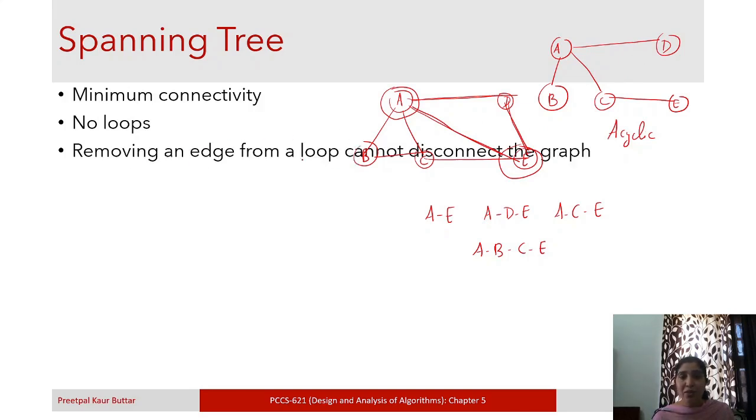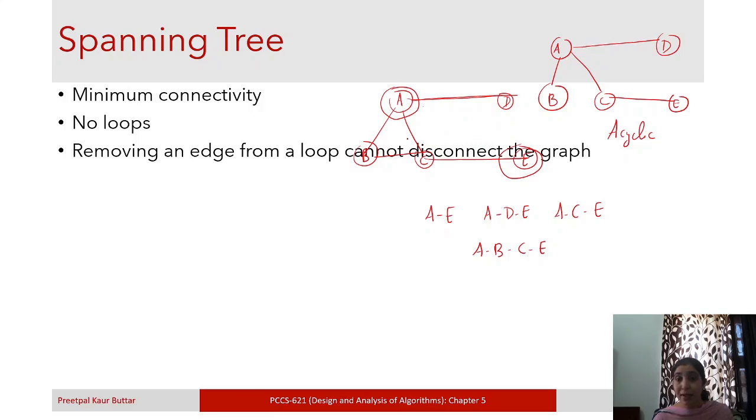Removing an edge from a loop cannot disconnect the graph, right? So it is saying that if we remove this, here we have this was a loop, this was a cycle, and we have removed an edge. Is this graph disconnected? No, it is still connected. Even now, this is the loop which is here, right? So in this, if I remove this, is this disconnected?